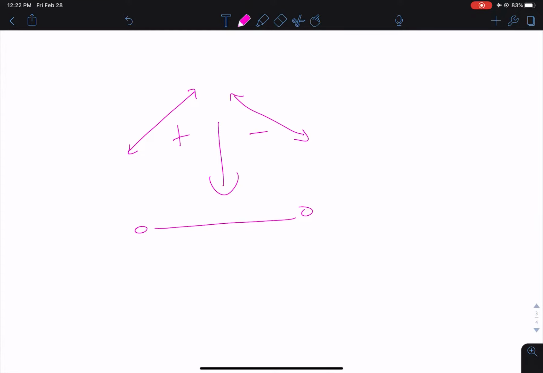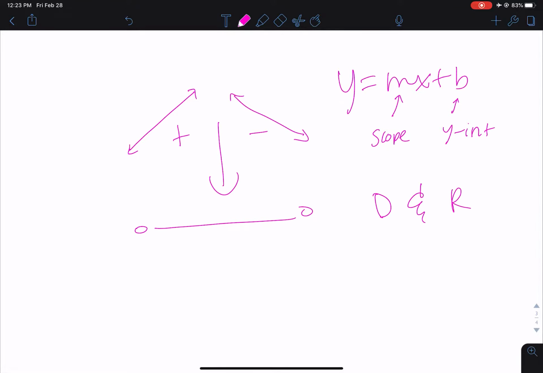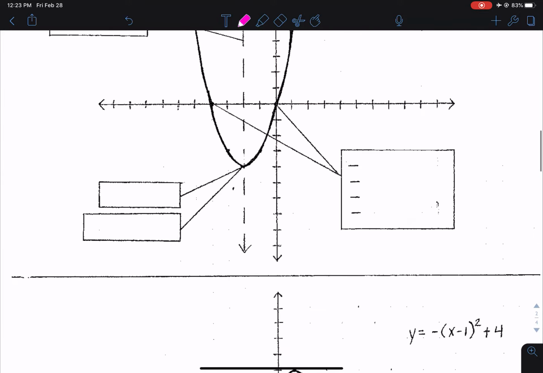We learned how to solve for x and for y. We learned about slope-intercept form, which is y equals mx plus b, where m is my slope and b is my y-intercept. We did domain and range and found out that the domain and range of a line is all real numbers, no matter what the line is. And so we spent a lot of time on lines, and so now we're going to finally introduce a new function called the quadratic, which is pretty different from the linear